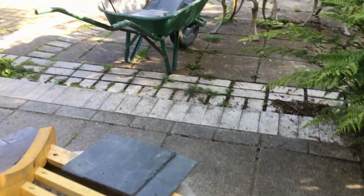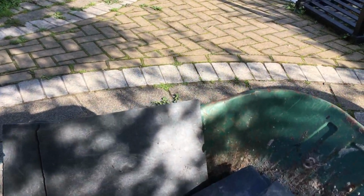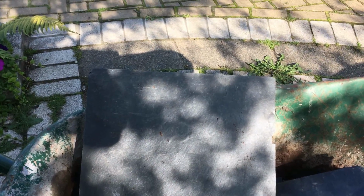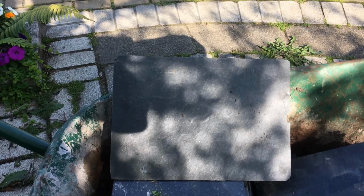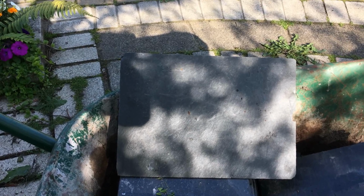The slate actually comes in sections like that, which are around about 18 inches by 12. I'm just splitting them down the middle, only splitting them and cutting them down the middle, basically with a grinder, the cutting disc, and they cut very, very easily. Spanish slate, cheap as 50p a slate basically,